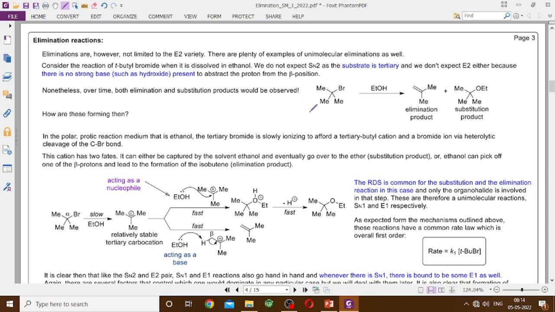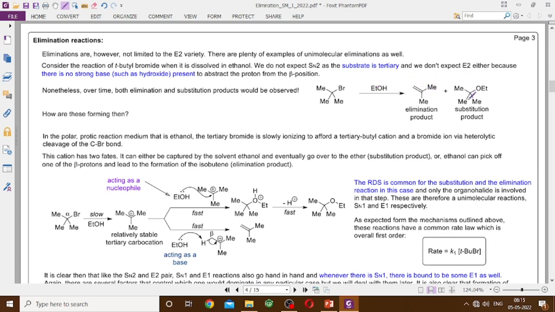For example, if the tertiary butyl bromide, instead of treating this with ethanolic alkali, অর্থাৎ OH মাইনাস না দিয়ে যদি কেবলমাত্র ইথানল দিয়ে রিয়াকশন করা হয়, তাহলেও দেখা যায় যে সেখানে কিন্তু আইসোবিউটিলিন তৈরি হচ্ছে, অ্যাজ ওয়েল অ্যাজ সেখান থেকে একটা সাবস্টিটিউশন প্রোডাক্টও পাওয়া যাচ্ছে, যেটা কিন্তু E2-র ক্ষেত্রে পাওয়া যায়নি। ইথানল মিডিয়ামে কিন্তু আমরা এলিমিনেশনও পাচ্ছি, সাবস্টিটিউশনও পাচ্ছি।